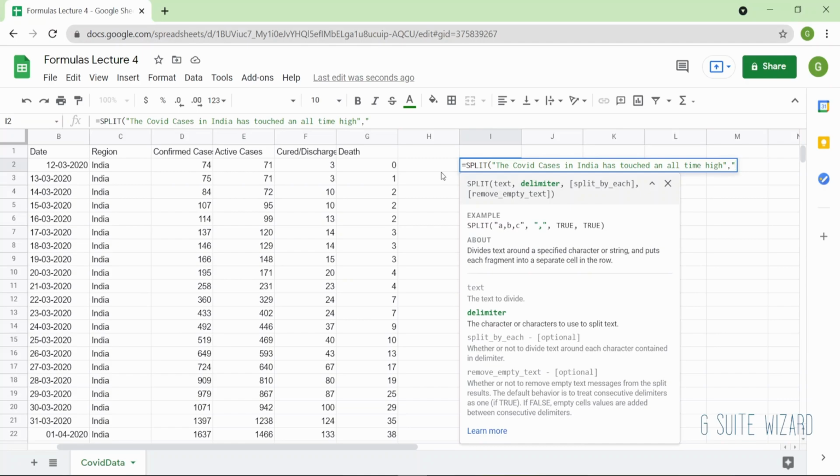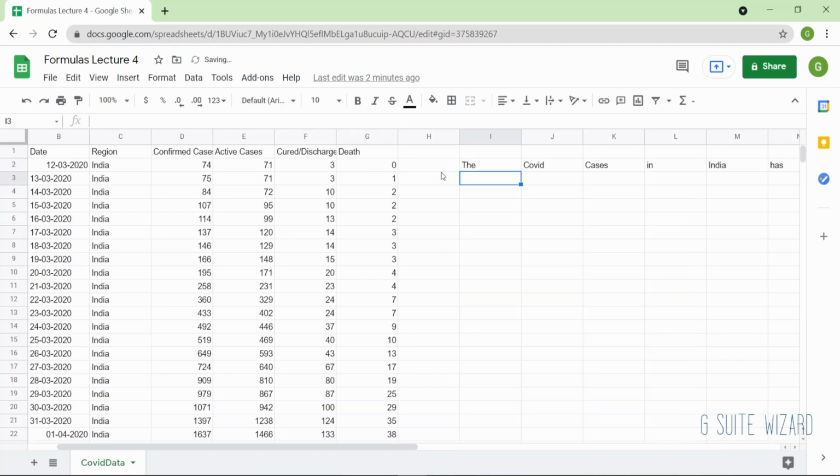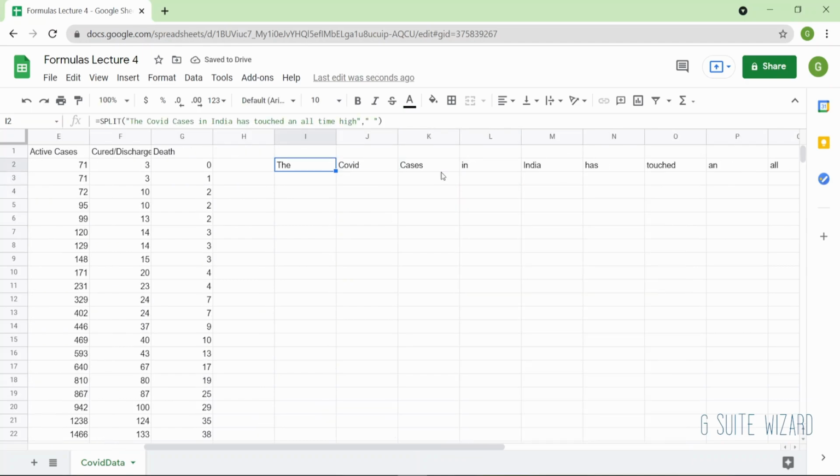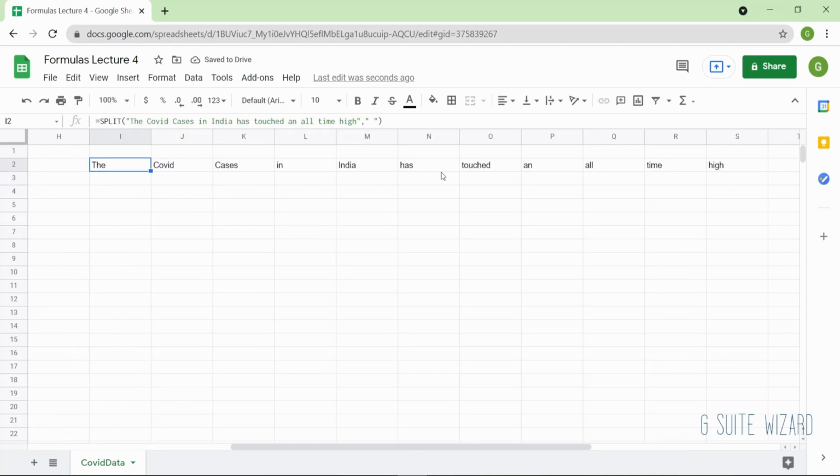Let's say I want to split it after every space. So I put a space and I click enter. As you can see, it has spilled into the neighboring cells, and it has divided this into different elements, different words, which are separated by a space.